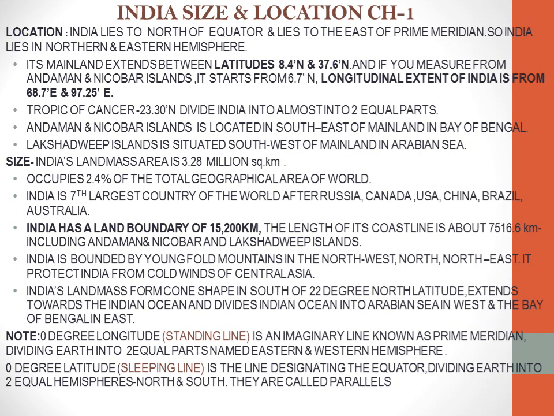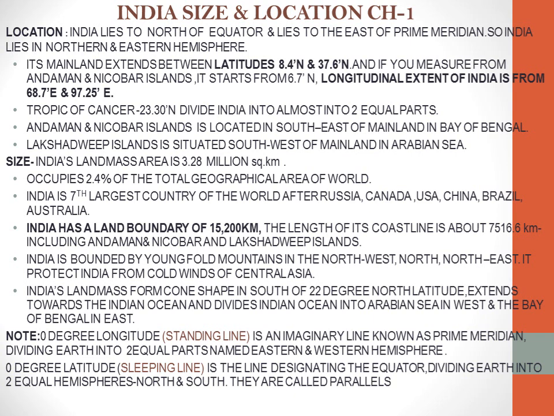India lies to the north of the equator and it lies to the east of the prime meridian. So because of that, India lies in the northern and the eastern hemisphere. Its mainland extends between latitude 8 degree 4 minute north and 37 degree 6 minute north. And if we measure it from the Andaman and Nicobar islands, the latitude starts from 6 degree 7 minute north. The longitudinal extent of India is from 68 degrees 7 minute east and 97.25